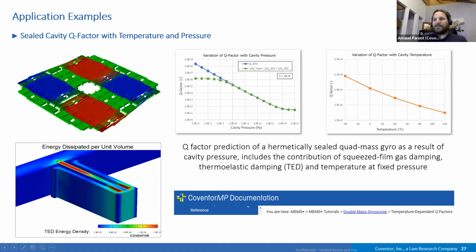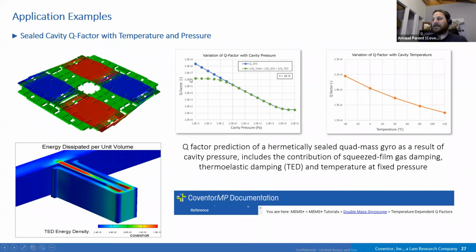And this dissipation is very sensitive to pressure. So at atmospheric pressure or higher pressure, you will see the Q factor change, and basically the smaller the pressure, the higher the Q factor. And it is well reflected by the results here.